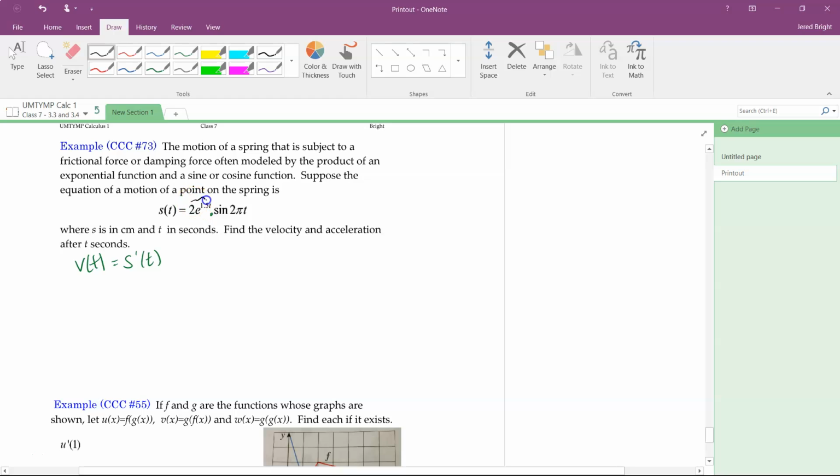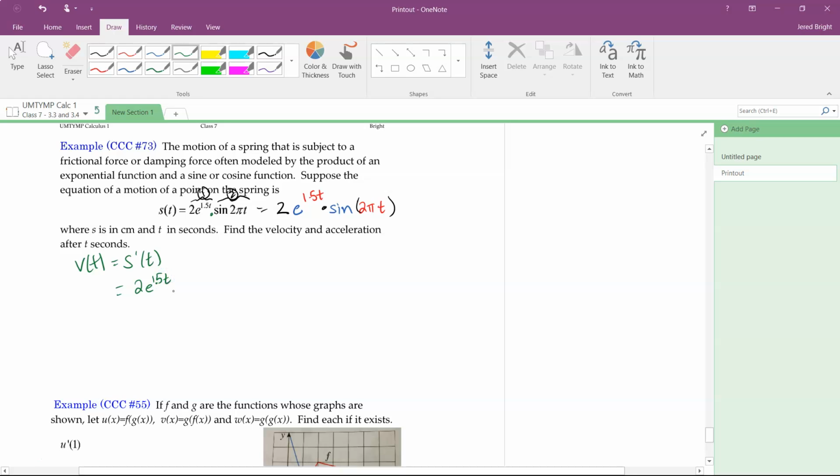Okay, so if we think about function 1 and function 2, because it is a product rule, and that's the first thing that we're going to have to do, we're going to actually see this as 2 e to the 1.5t, and then for the sine function, we're going to have sine of 2 pi t. Okay, so just so we're clear, yes, we have a product rule, but within the product we have chains. So we should have our final answer as,